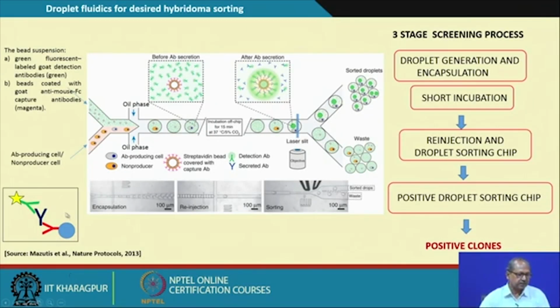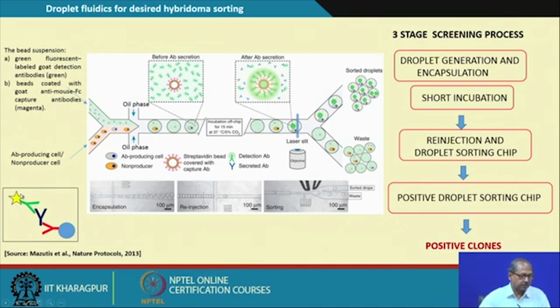Here the principle is that this is the secreted antibody, blue in color, and we have the capture antibody, red in color, which is against the Fc portion of that antibody, ligated with a microbead. Then the detection antibody, raised against the Fab part of the secreted antibody in goat,